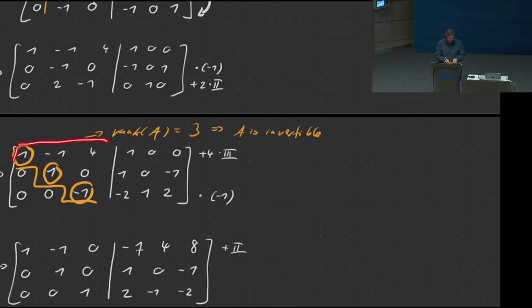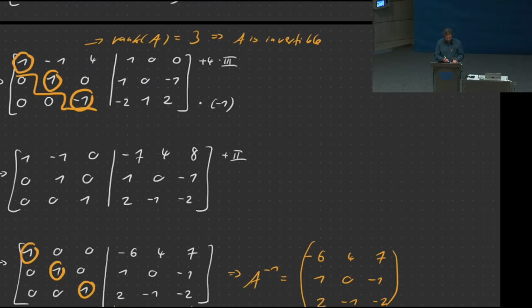The first row still needs a little work. And we start with eliminating that 4 here, so now we're working backwards. We use this pivot element here to start eliminating everything above it. Here we have a 0 already. Here we eliminate that 4 by just adding 4 times that third row to the first one. And as we have zeros here, that means we don't change anything in these entries. Just the last one will be affected. That's why we're working our way backwards now. Right, so here's the 0.